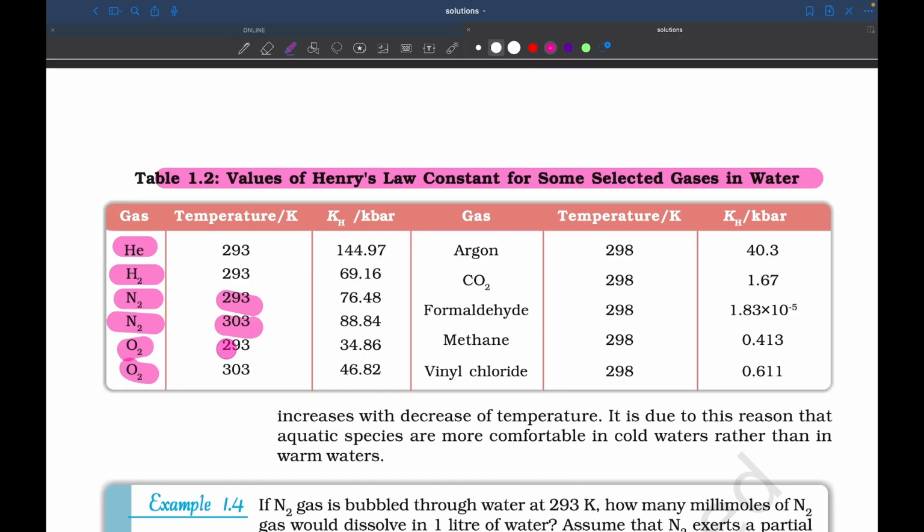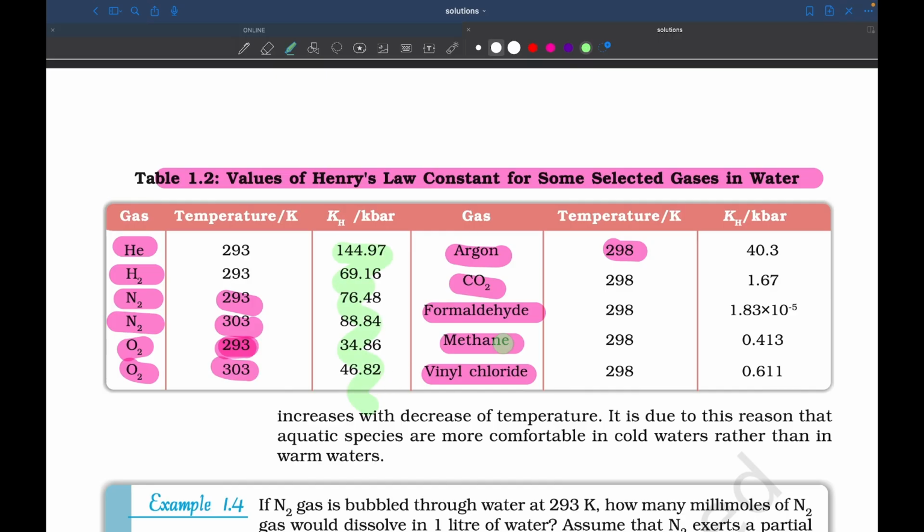Oxygen is also taken at two different temperatures, 303, 293. Argon, CO2, formaldehyde, methane, vinyl chloride. These are the KH values given in kilo bar, right? ఇక్కడ ఉన్నటువంటి values లో,